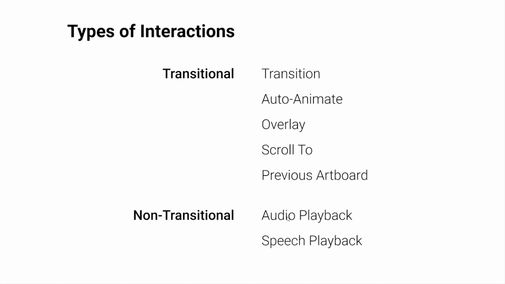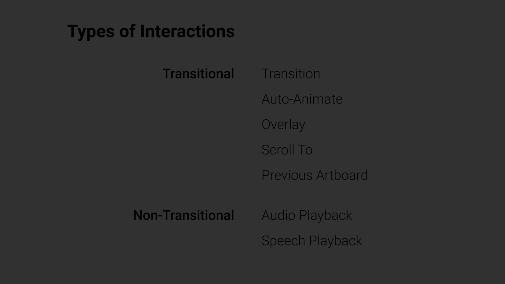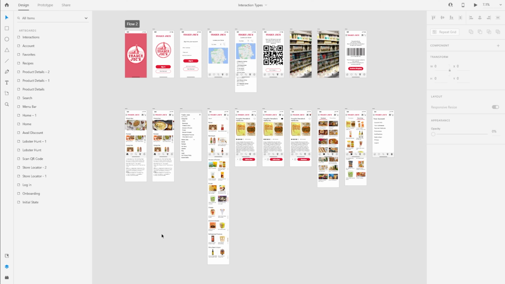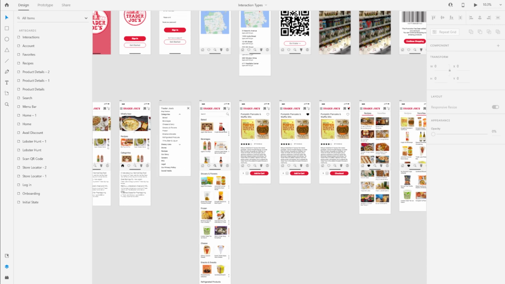So let's head to Adobe Xd to see all of these interactions in real life. So I'm in Adobe Xd and here I have all the different artboards that I've used in my Trader Joe's case study project. To begin with, we're going to look at the first type of interaction,